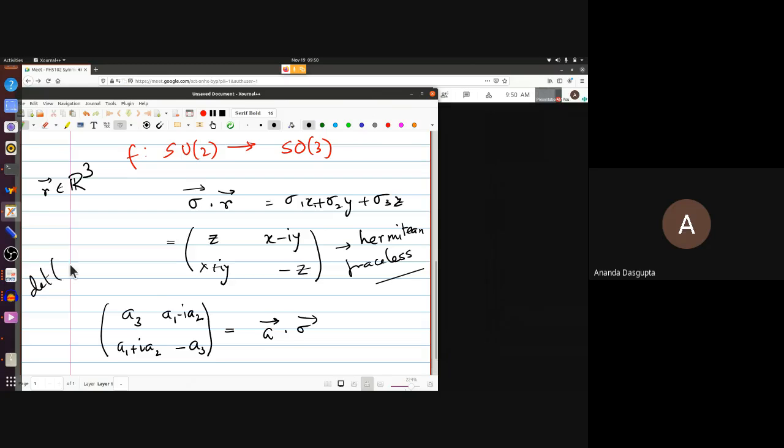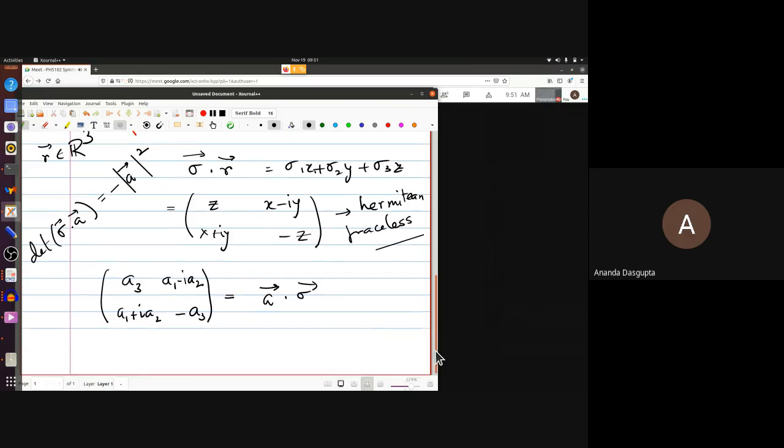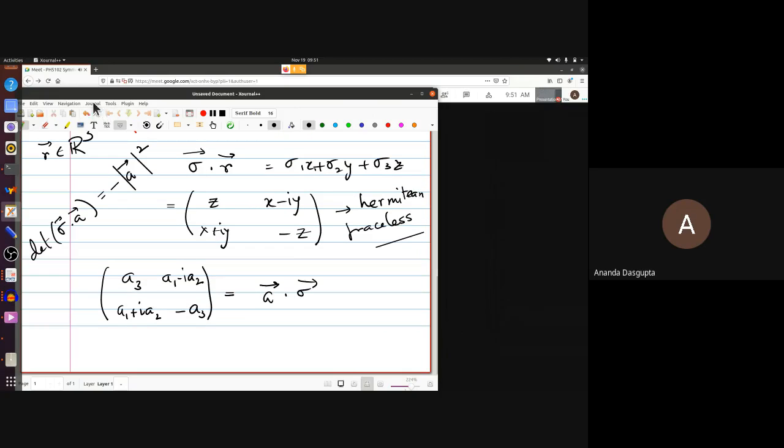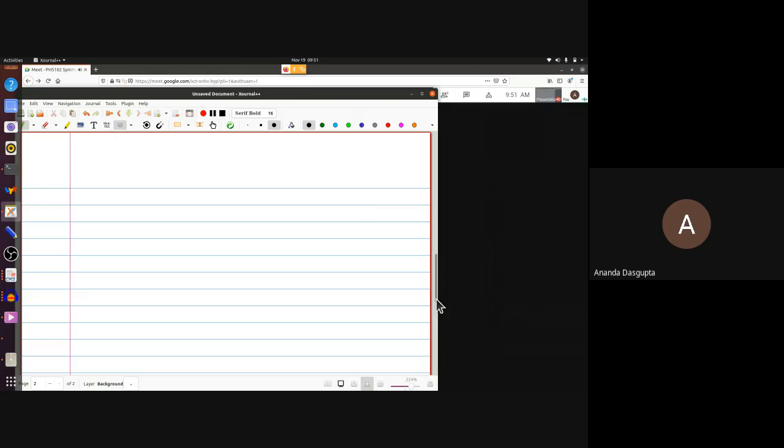If you take any such matrix of the form sigma dot a, the trace, of course, is 0. And the determinant, how much is it? It's just minus a vector length squared, right? Minus a3 squared, minus a1 squared, minus a2 squared. So because of this rather special form for the determinant, this is sort of crying out for what you said. But what you need to do is take